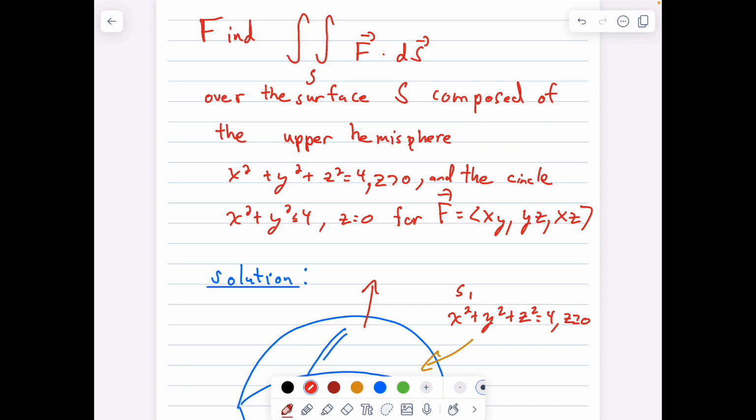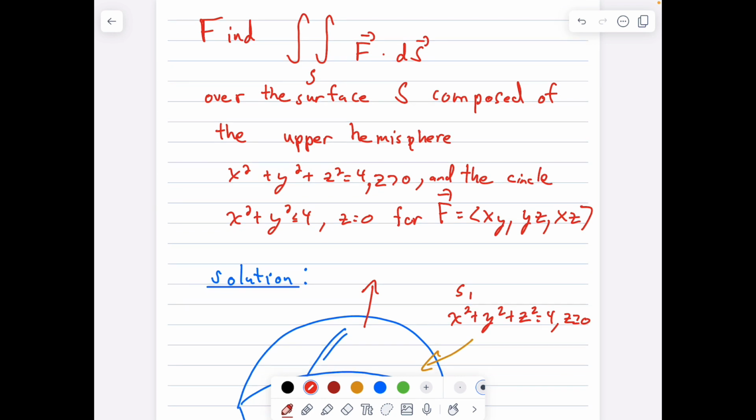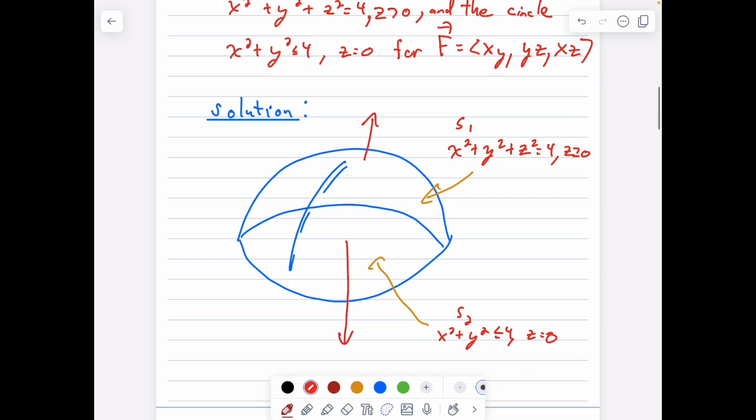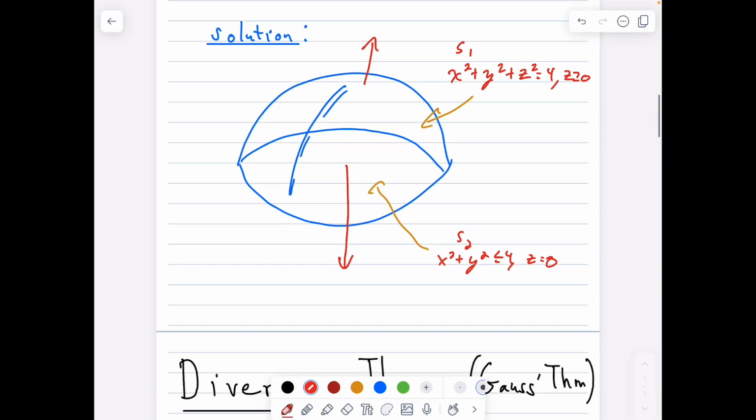All right, so in terms of computing this, there's a couple ways of doing this. I could do this directly by computing the surface integral over both these surfaces, S1 and S2. S1 is that hemisphere, and S2 is the circle. And I have the two little red arrows there because we're denoting flux and we're trying to find the outward flux here, okay? Now, we could do that, or we could use this theorem, which is Gauss's theorem, or